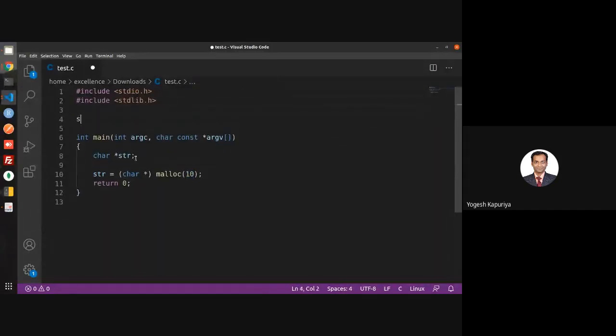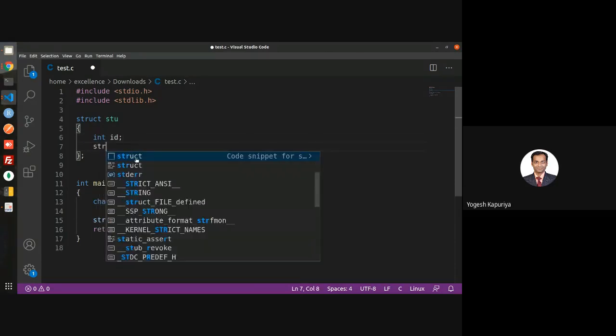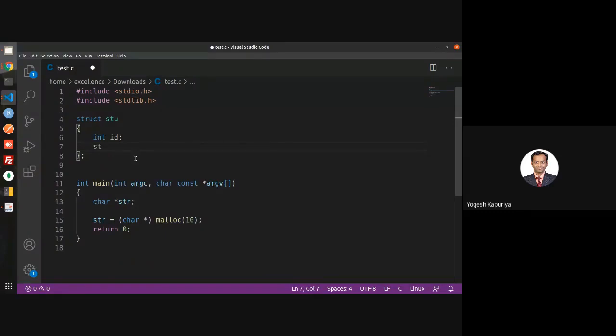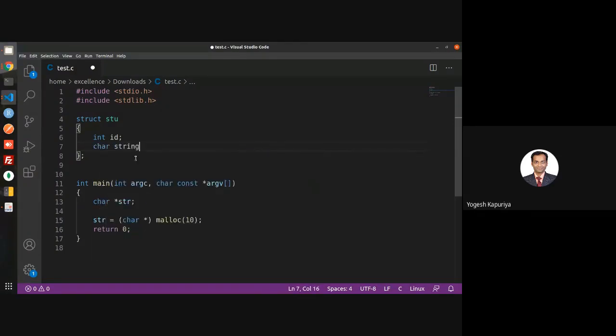So what will happen in that case? Let us say I'm using this structure, struct student. It has some ID and, sorry, there is no string in C, some name, right?